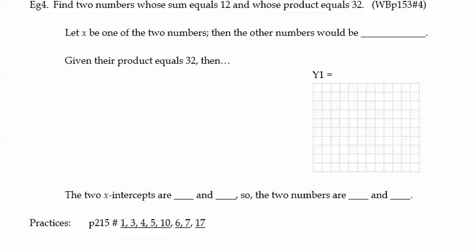So we are going to start with the let statement. Let x be one of the two numbers, similar to what we did in the previous unit. We don't want to let x be the one number and y be the second one. You don't want to create too many variables at the beginning. But you know one thing for sure. If x is the first one